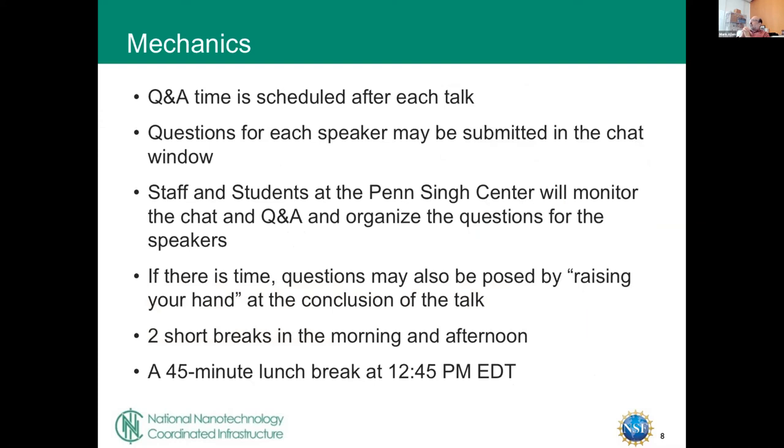We will try to save the questions until the end because it is disruptive to try to answer questions in real time unless the speakers feel very strongly that they want to do that. We'll let the speakers get through their presentations and then we'll take answers or questions from the chat. We'll have people here at Penn organize this and sort of MC the questions so that we can try to keep things more or less orderly. And then if there's time or if there are no questions or we've answered all the questions in the chat, you can also raise your hand and say, yes, I have an additional question, and then Pat will